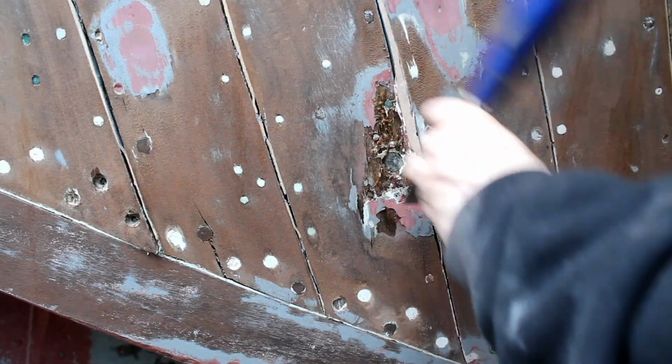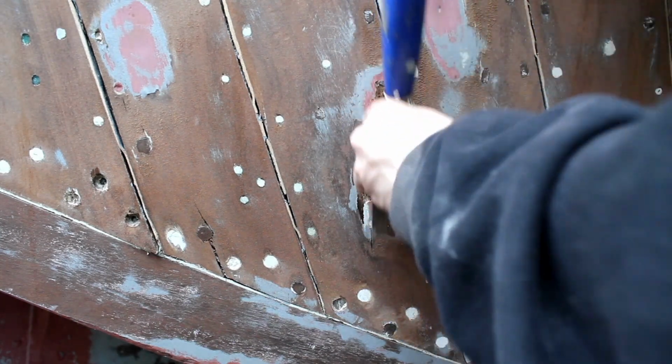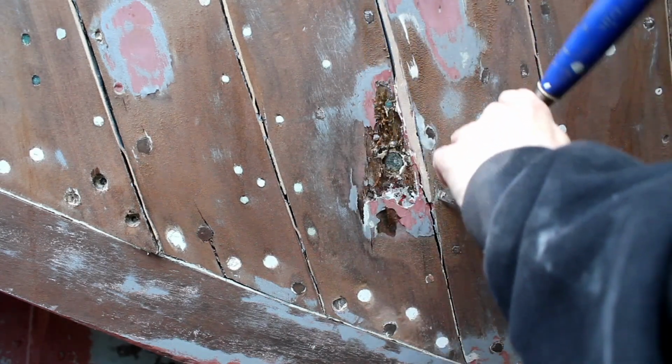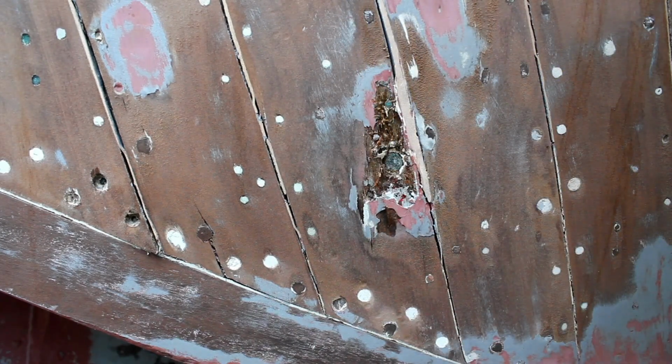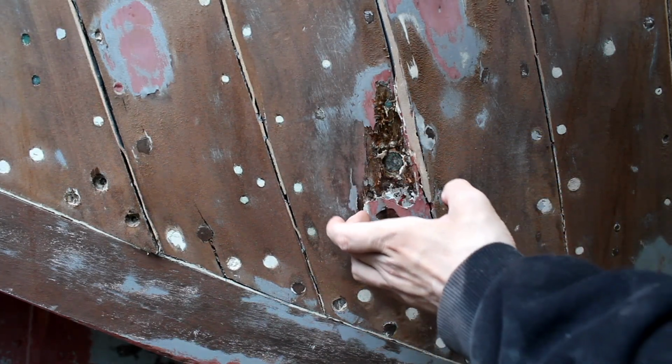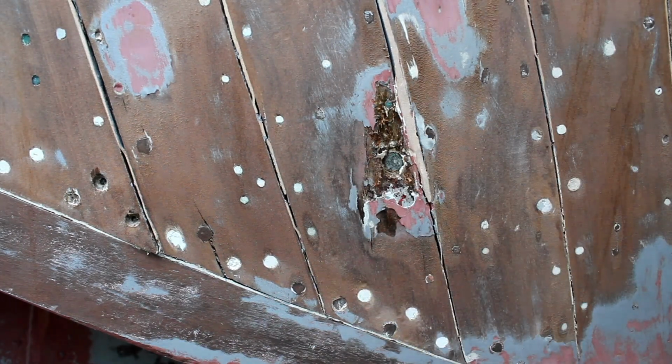I have to admit, this is not the sharpest chisel. This is actually one of the bluntest chisels in my box of tools, so I'm not surprised at how bad it is getting this filler out of the hole. But you can just see how bad some of this rot actually is in the boat. So yeah,